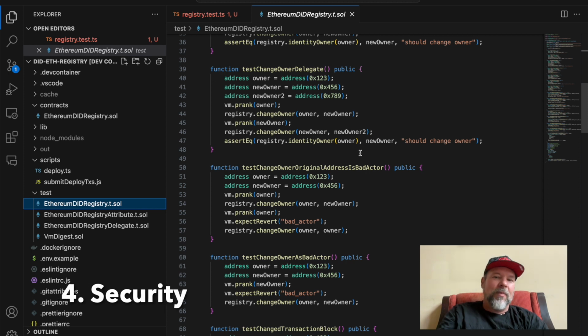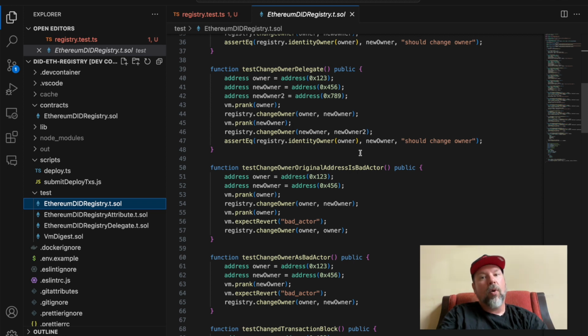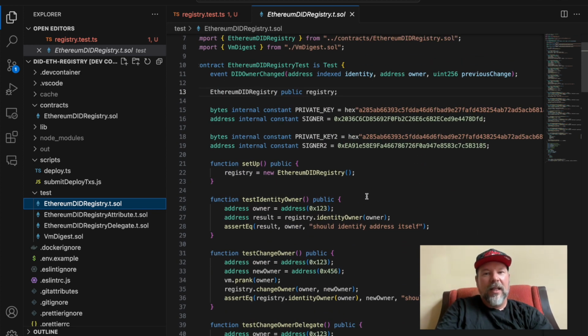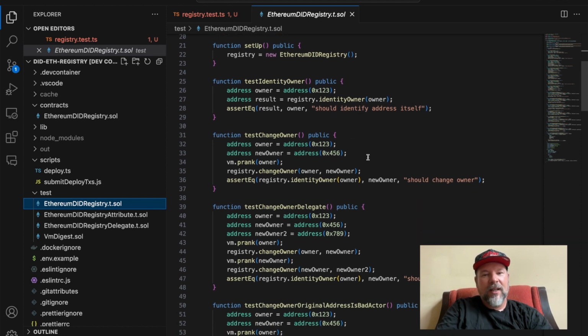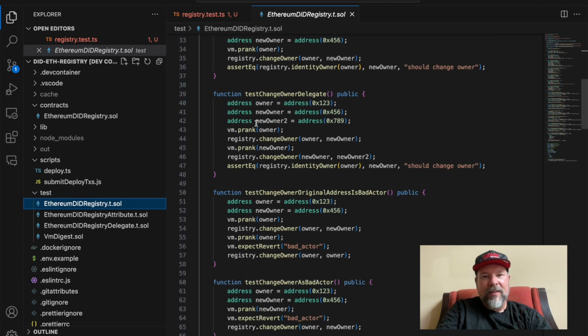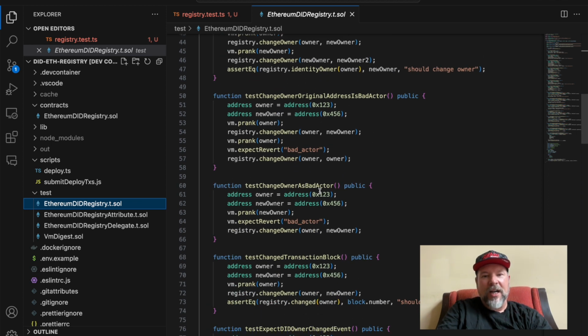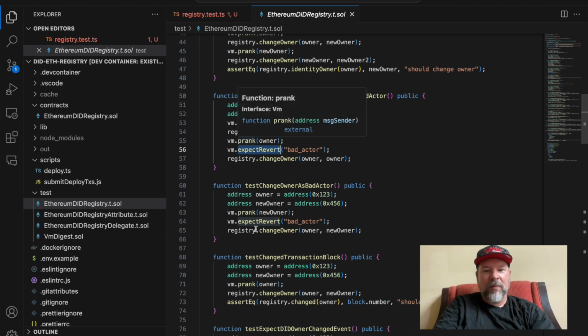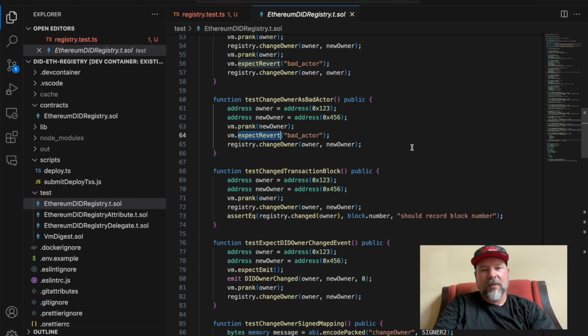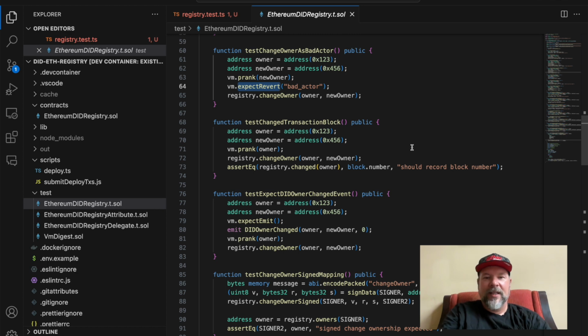Now, another problem that I want to bring up, and this is a very serious problem when we're developing contracts. Number 4, security. Developing tests in Solidity enables us to use the specific calling conventions of the EVM to challenge our contract under test. We can expect a revert. We can change the ownership of the caller, right? We can set the caller to a certain address so that we can test all of the specific actions that could occur in our contract.